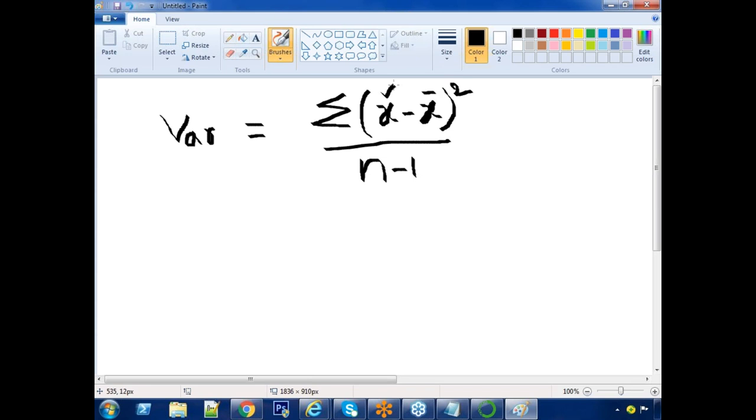Here x is a list. The list will contain multiple values. X bar indicates the mean, that means average. N is the number of elements. That means from each element, you need to subtract the average of that list. For each subtraction, you need to square it. For all squares, you need to sum it, divided by the number of elements minus 1. That is the simple formula. So first, taking this formula, we will develop variance.